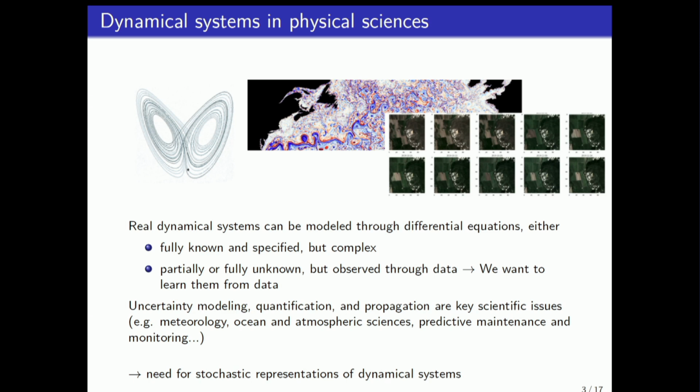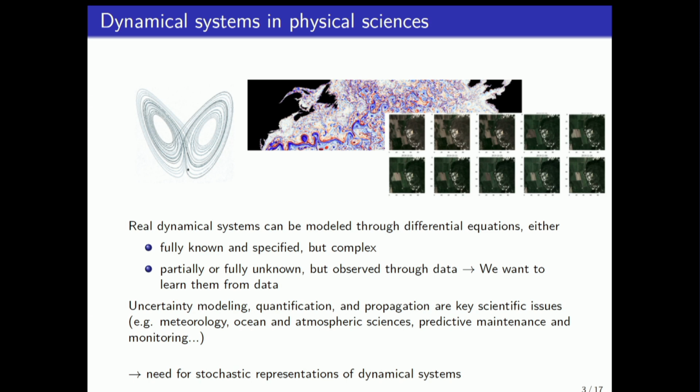So often those dynamical systems are modeled through differential equations, either fully known or specified, but they can be complex, chaotic, and so on, or in some other cases, they're only partially known or maybe fully unknown, but can be observed through huge data sets. So in that case, we want to learn a representation of the dynamics from data, either from scratch, just using the data, or having only partial knowledge of the ODE. We do that